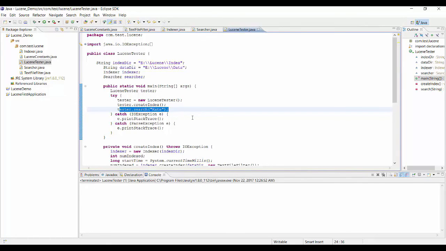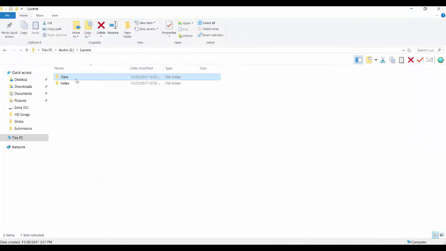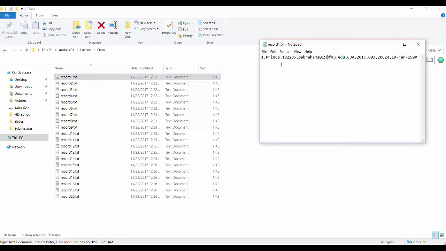For our demo, we use 20 text files, which contain the name, the email, the course numbers, GPA, etc. and other details for the students. So we use these data files,